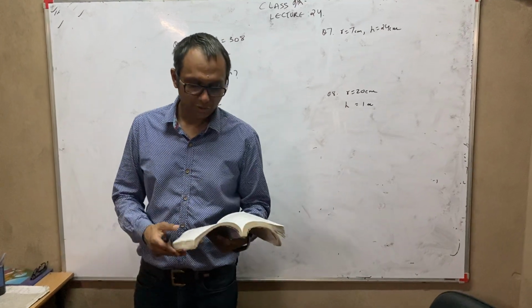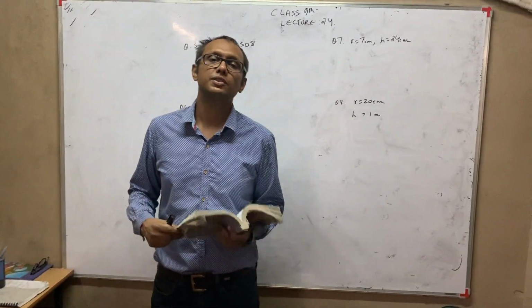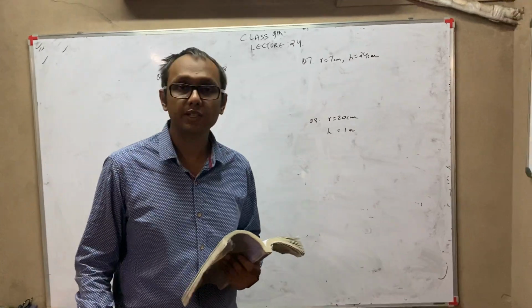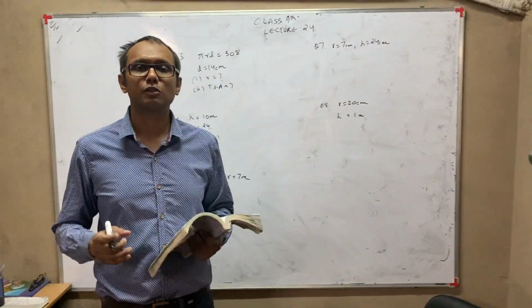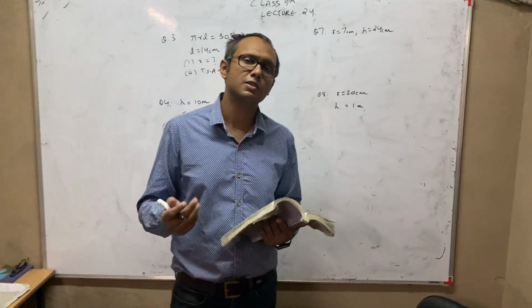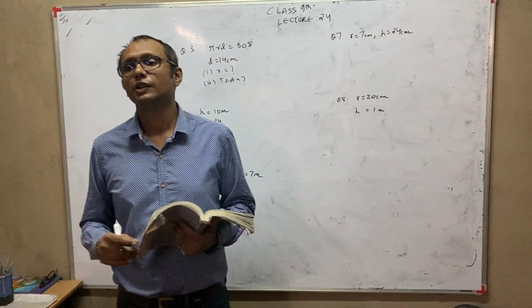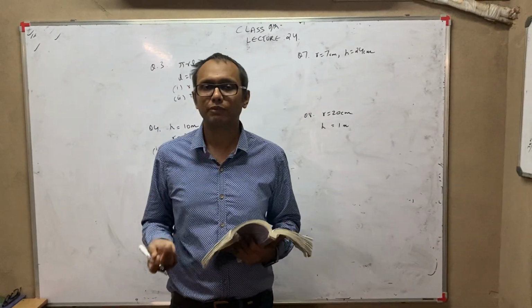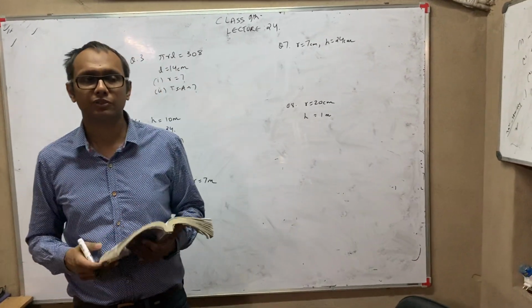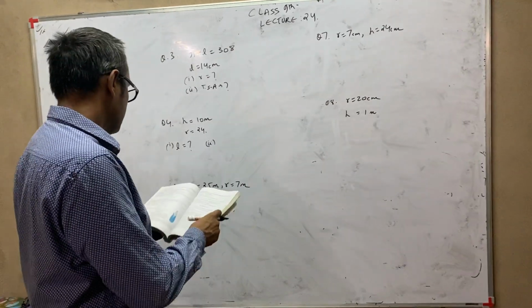Okay, children, continuing with chapter 13, today we will first finish exercise 13.3. One thing, if you can get hold of a graph book, because now a few stationery shops are open, if possible, buy a graph book because maybe we will require it in the next chapter after about a week or so. Okay. Anyways, now question number 3.